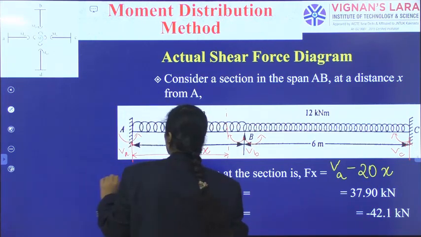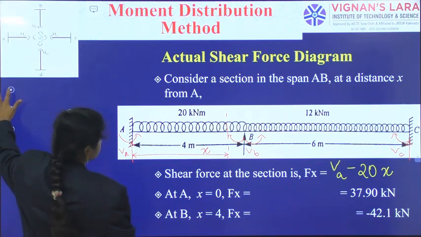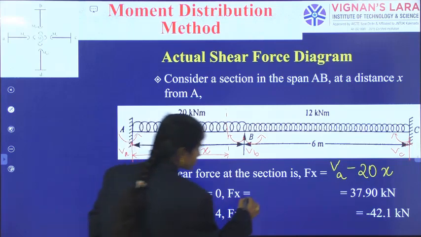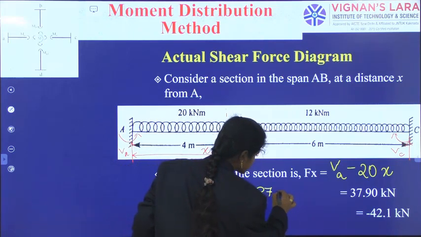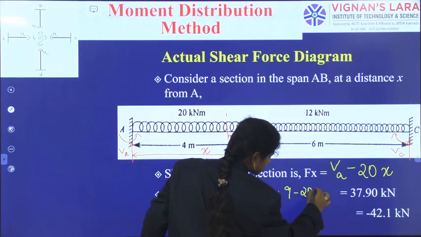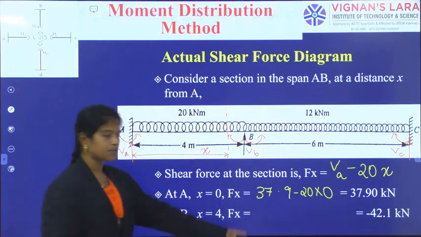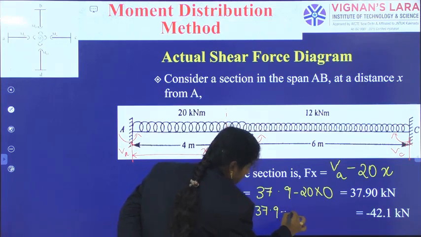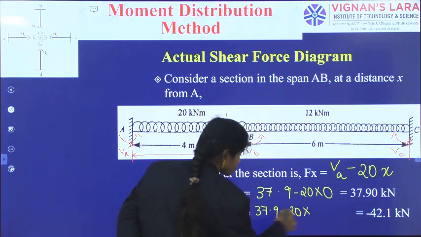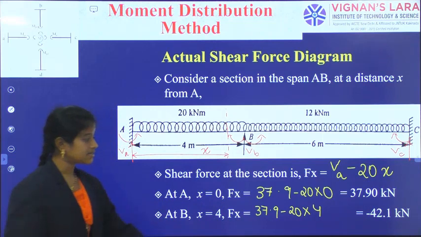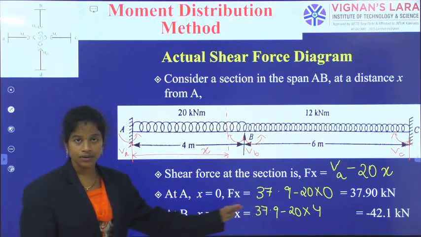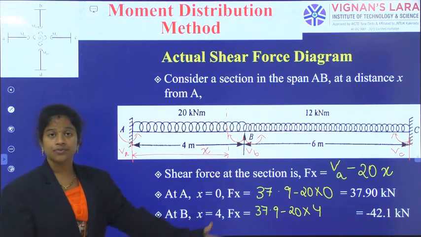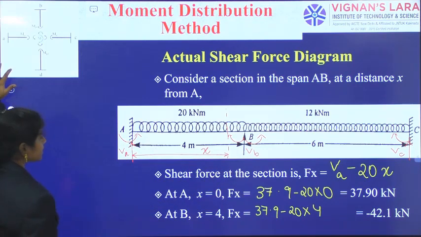So how much VA we have got? Support reaction VA is 37.9. 37.9 minus 20 into 0, that is 37.9 kilonewtons only. And then 37.9 minus 20 into 4 meters, so that is minus 42.1 kilonewtons. In this way, for the left and right points of the span AB, we have got the shearing force at the corresponding points. And then the next span,